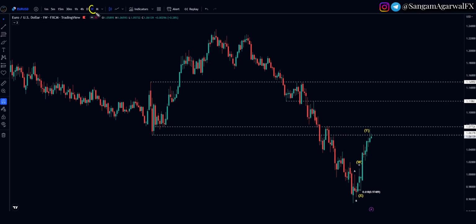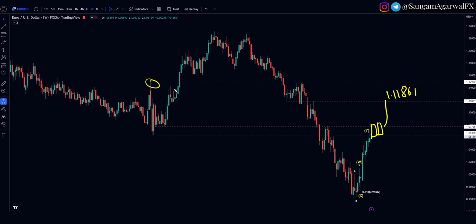EURUSD weekly time frame, and price is testing this previous resistance level. So until a weekly candle closes above this resistance zone, there is no big buying opportunity. Before that, we need a clear breakout so that we can buy again. And once the weekly candle fills this resistance zone, the next target will be the upper resistance